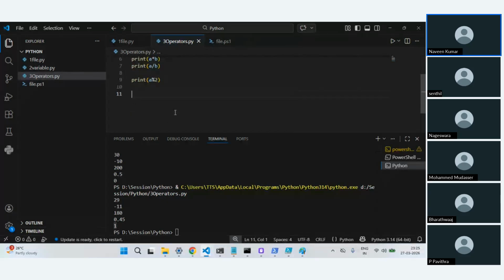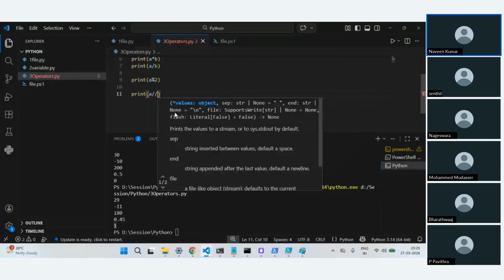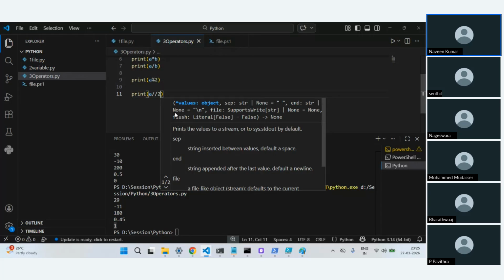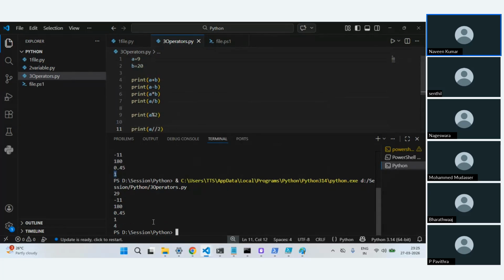We talked about quotient, right? Okay. So how you can find that is, in this case, a, you can put double slash. This will return the quotient. And for 9, it's going to be 4 because 2 times 4 is 8. And now if you see, the modulo is 1.